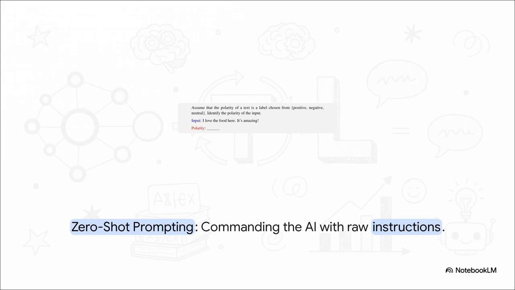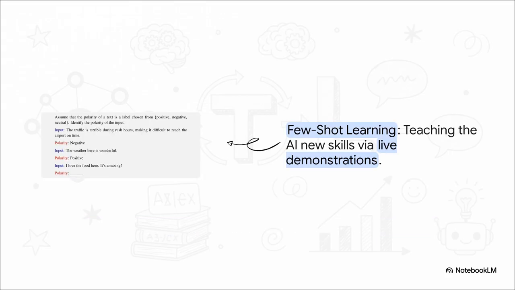When you ask a modern chatbot a question, you're interacting with a model that first had to contextualize billions of linguistic parameters by playing those fill-in-the-blank games. Also, it could eventually instantly adapt to a raw instruction. You just feed it input text, command it to identify the sentiment, and boom, it outputs the answer. Zero extra training required. And what is truly mind-blowing about this modern architecture is in-context learning, which is also known